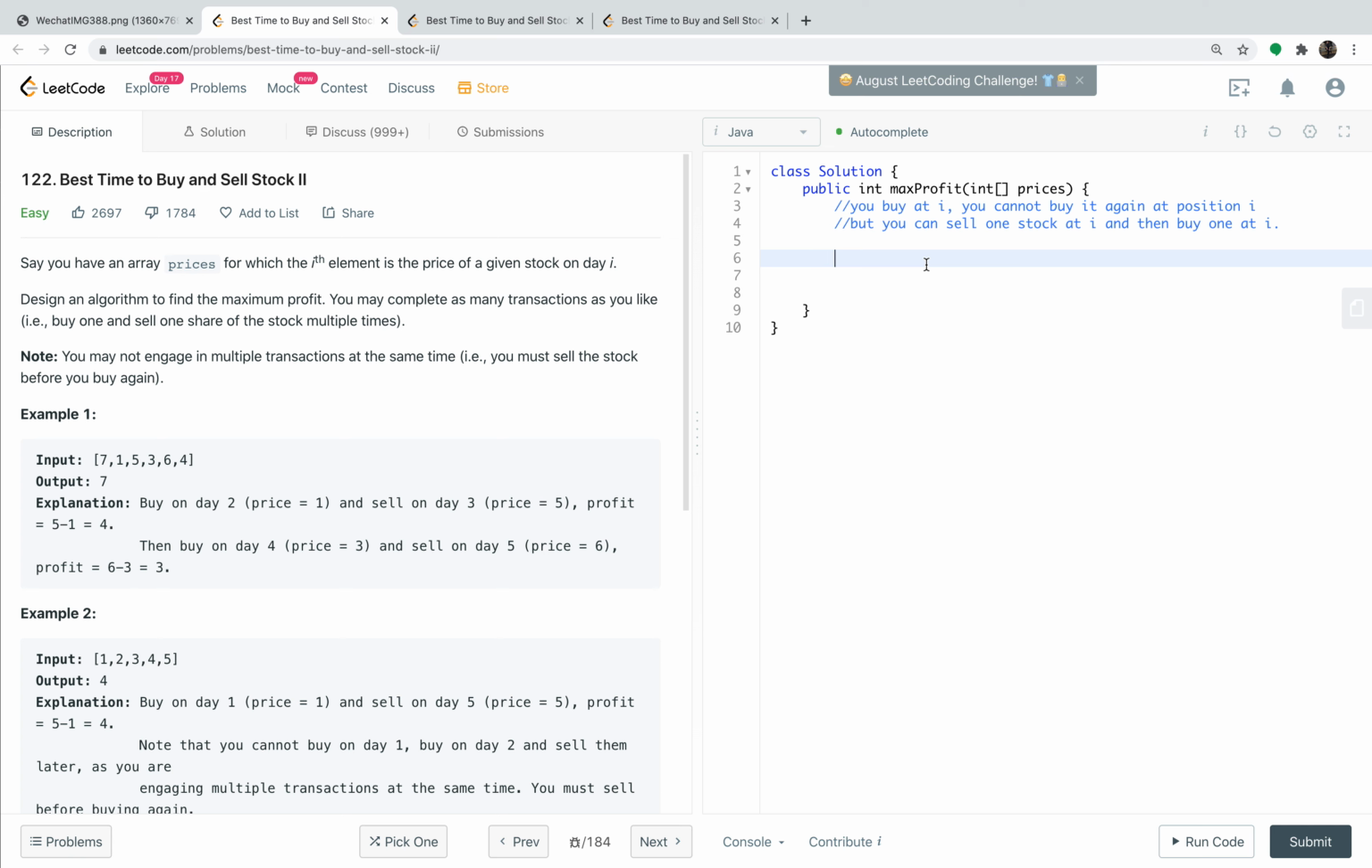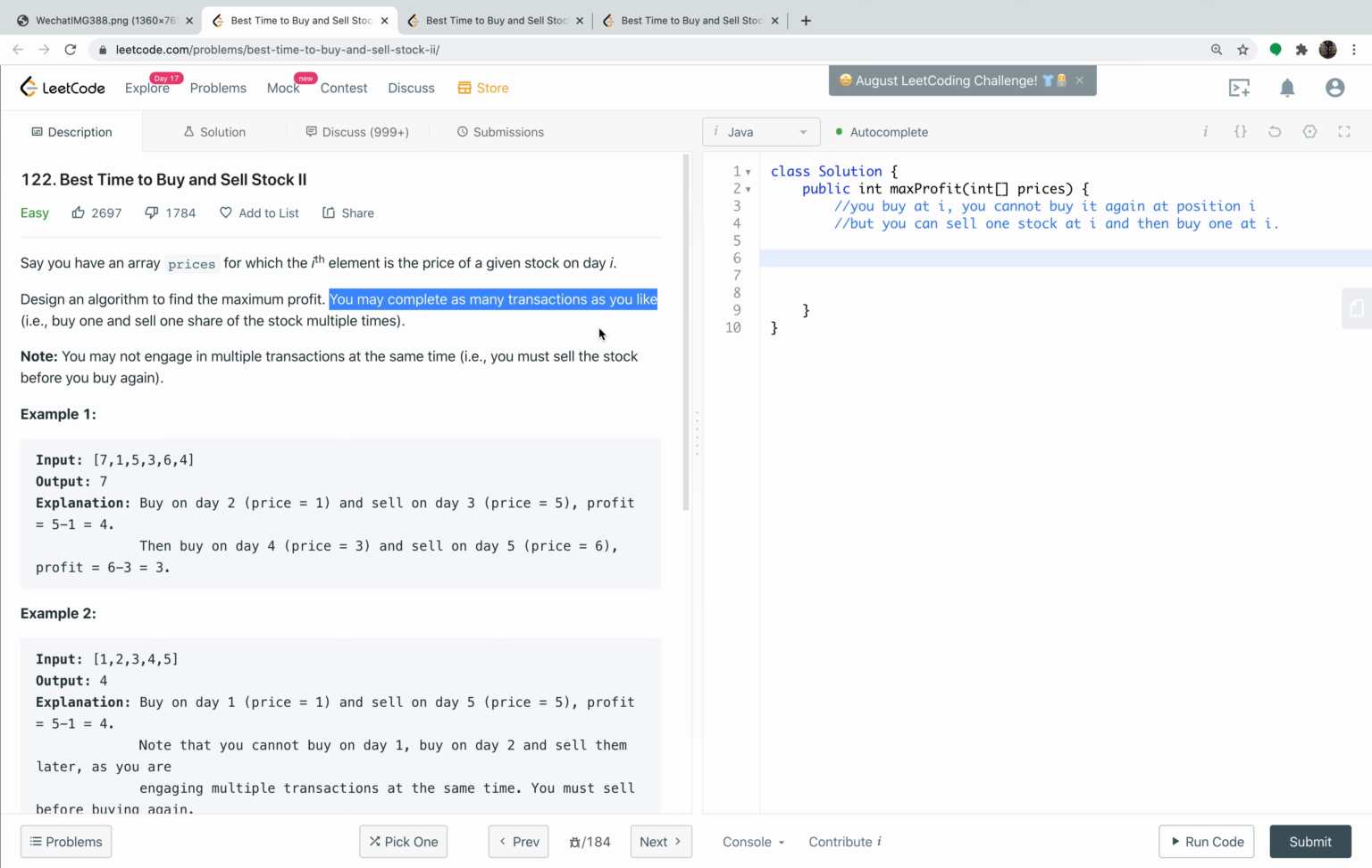This question is not at most two transactions, because you can do multiple transactions. So this is a kind of greedy method to solve this problem, because when we see you can complete as many transactions as you like, the intuitive idea should be